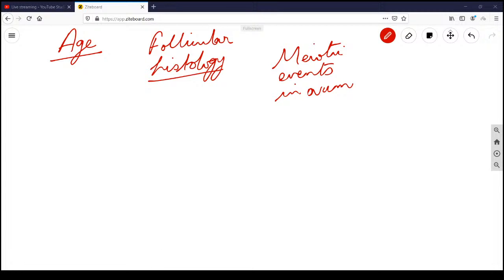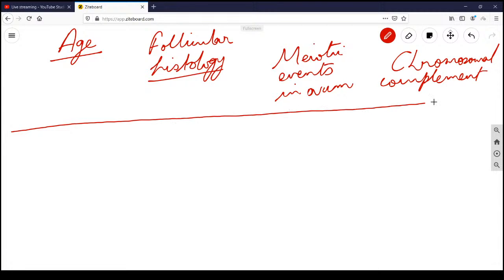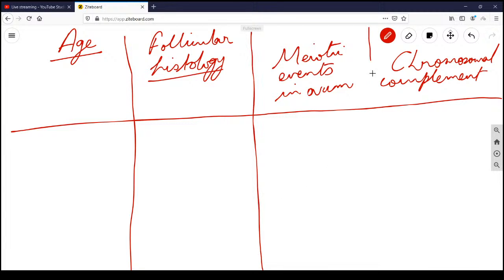Then you can also have the chromosomal complement, meaning how many DNA and how many chromosomes are present. You can just differentiate like this. Now, if we talk about the fetal period, when you are still developing as a fetus